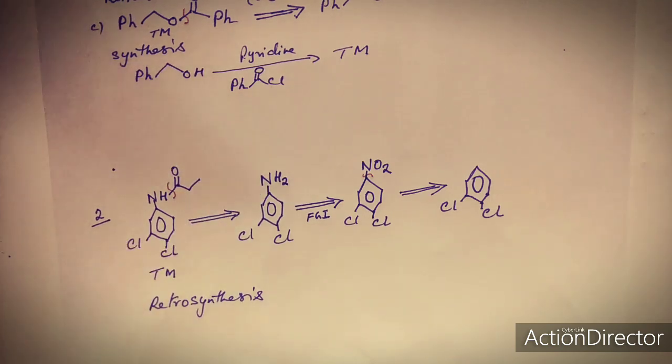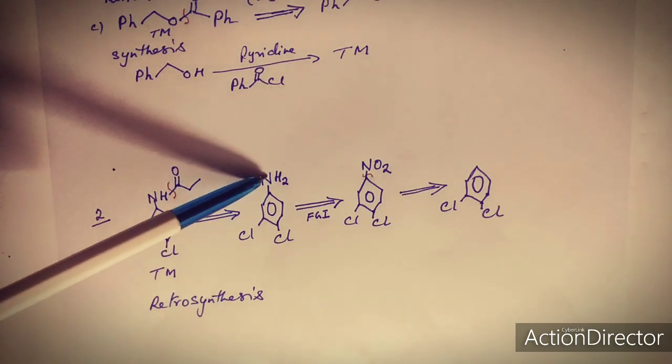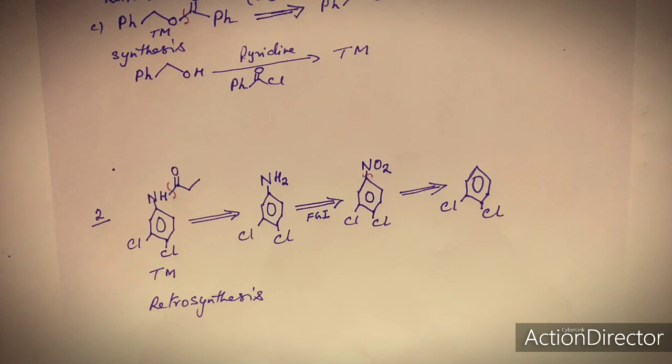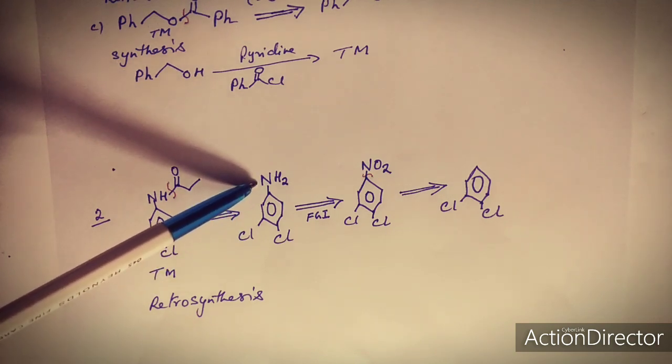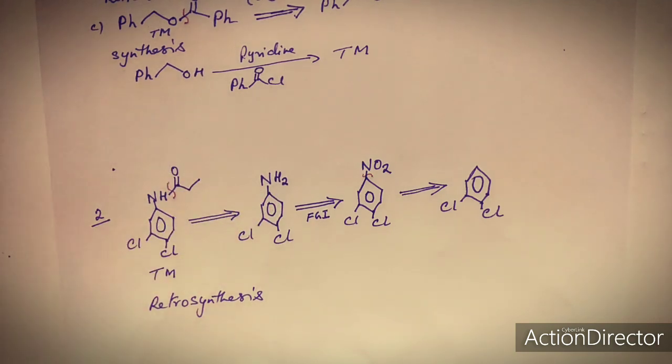Now how to disconnect this heteroatom from this carbon? This is not all that simple, because we know nitrogen on disconnection will be getting a negative charge. And as we know, benzene rings give electrophilic substitution as a norm. For nucleophilic substitutions, the conditions have to be drastic. So it won't be a good disconnection, because NH2 negative will be a nucleophile, not an electrophile. So is there some way by which we can also remove this NH2,